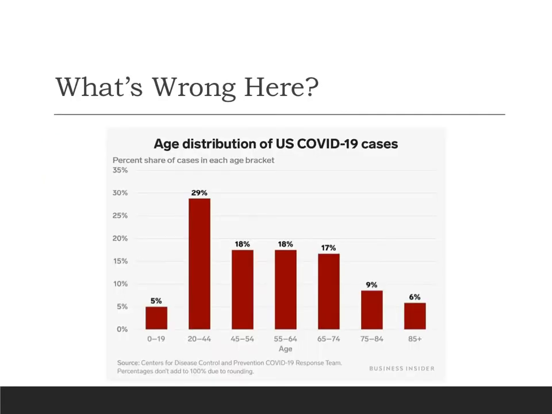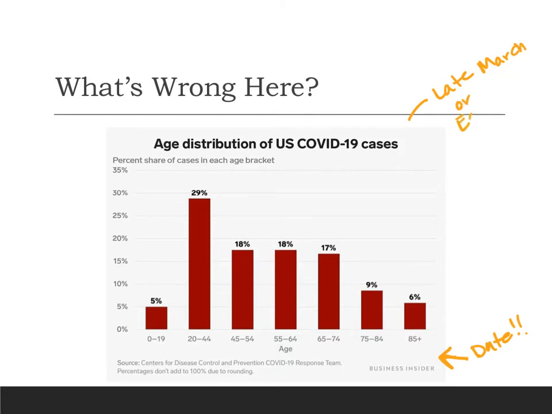Here is an age distribution of U.S. COVID-19 cases. This was from early on. I'm trying to remember when I got this, but I want to say like March or early April. So that's one thing to take into consideration. The date for the data would be good, and that should be down here somewhere. So this is probably like late March